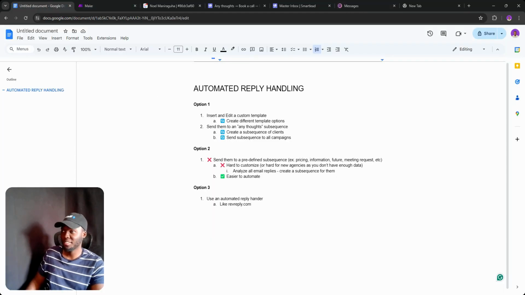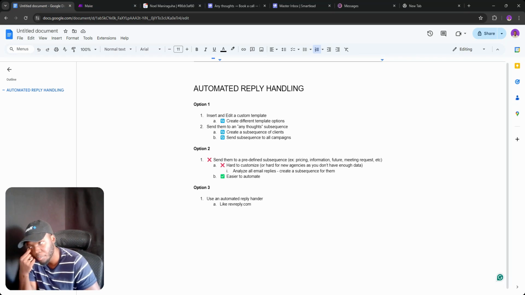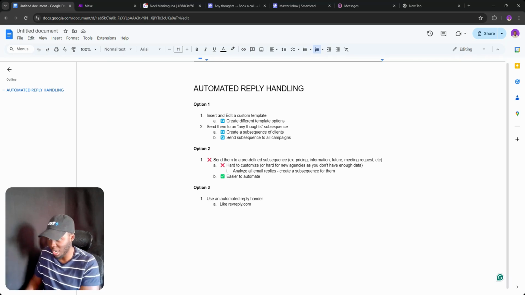Actually, hold on a minute. I'm kind of impressed. So use an automated reply handler like RevReply. This seems pretty good option. So option one seems pretty good. Option three seems pretty good as well. Option four. Right, so we've got a few options. Option four is